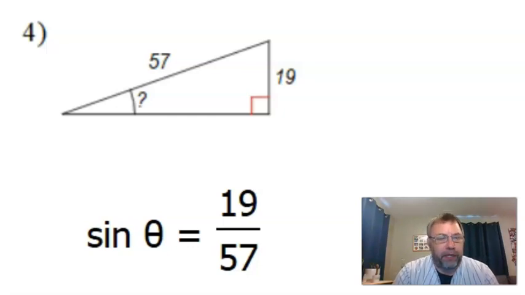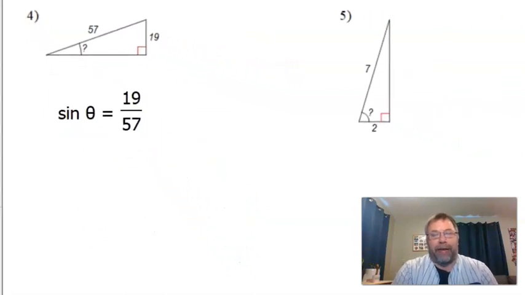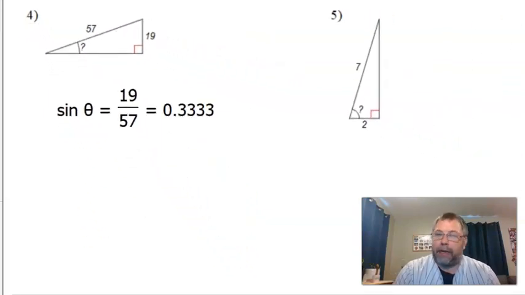Now when you look at the cheat sheet, you're going to see decimal numbers. So when you're finding the missing angle, now we need to go a step further. I need to actually figure out what is 19 over 57 as a decimal. And it turns out that 19 over 57 as a decimal is 0.3333, repeating forever and ever. Now we need to go to my cheat sheet, look down the sine column, and find the decimal that's closest